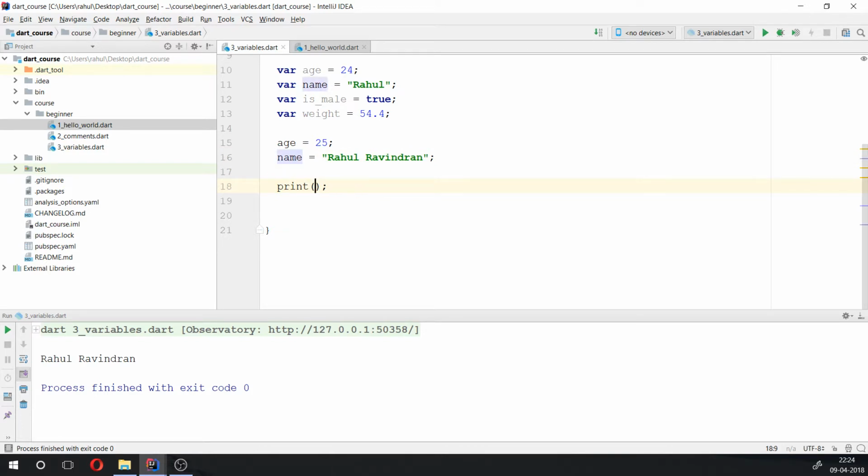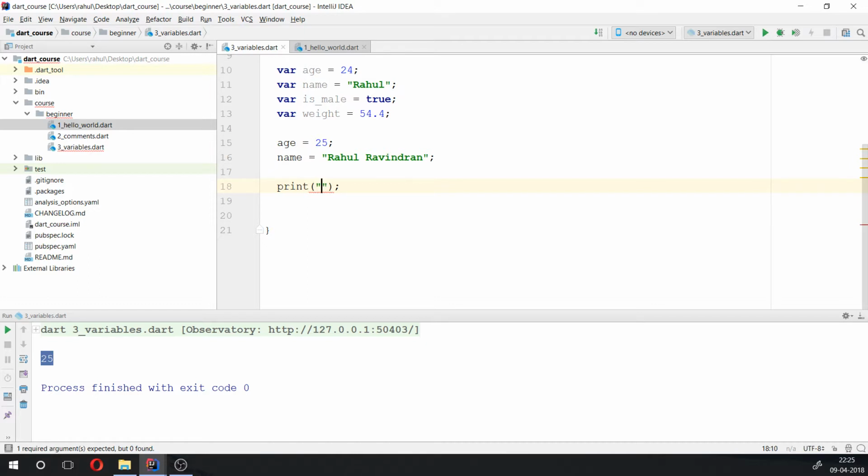Similarly, I can go ahead printing my age, for example, and since we changed it, this should also reflect 25. Boom. Alright, now I'm going to be showing you how to create sentences with your variables. So how we're going to be doing that is,